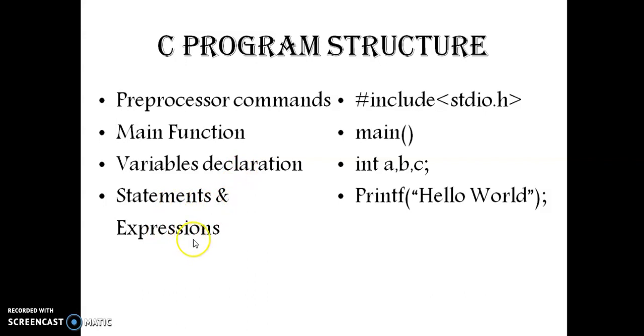These are the most important components of a C program. Preprocessor commands are nothing but a hash include, which are used to include the important header files for our program.